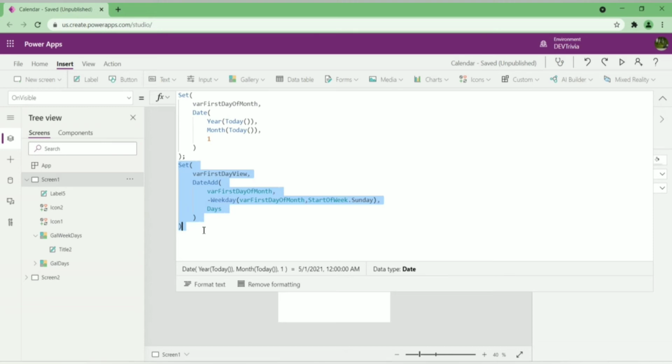So the first thing that we want is the weekday of the first day of the month. Then we need to mention the unit for the DateAdd function that we need to add or subtract. So we will write Days, as we need to subtract days. This variable will give us the date as 4/24, which is 1 day less. This is because the weekday of Saturday is 7, so DateAdd will subtract 7 days from the first day. That is why we get 1 day less. We will balance this and get the right date in a later part of the video.